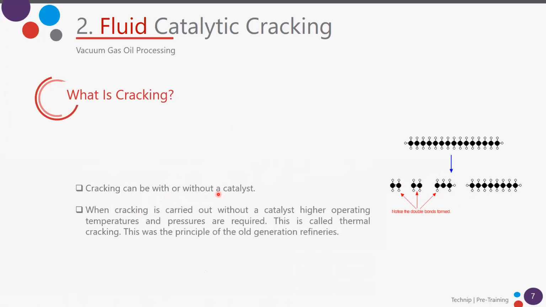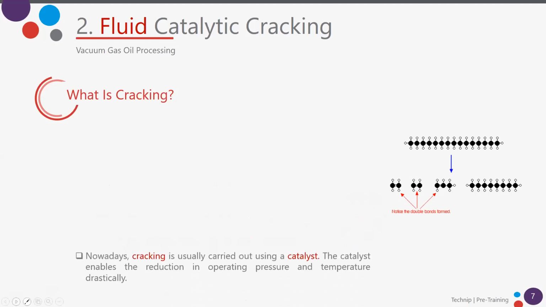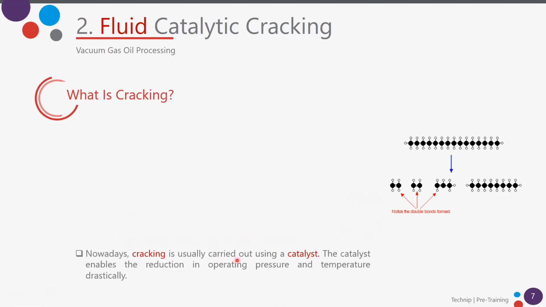Cracking can be with or without catalyst. When cracking is carried out without a catalyst, higher operating temperatures and pressure are required. This is called thermal cracking. This was the principle of the old generation refinery. If you don't use catalyst, you will have to operate at higher temperatures to get the cracking reactions. Nowadays, cracking is usually carried out using a catalyst. The catalyst enables the reduction in operating pressure and temperature drastically. Okay,